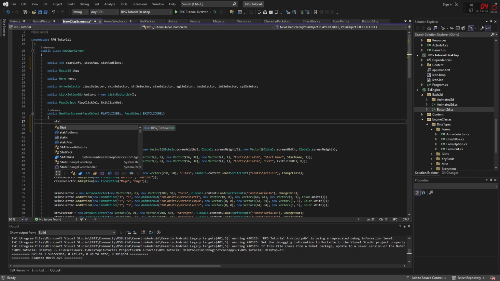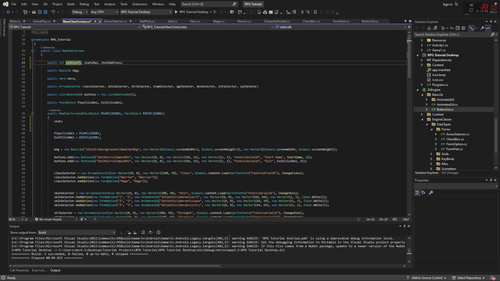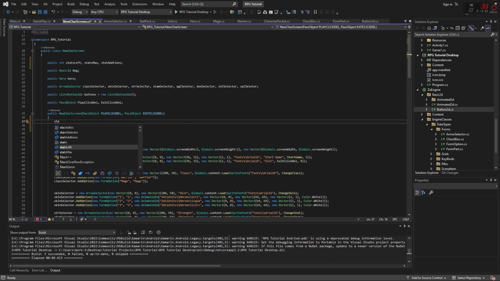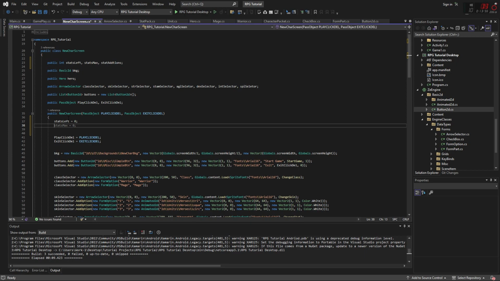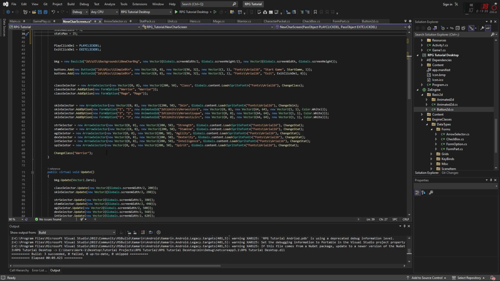So stats left, stats. That was a mistake. Stats. I like to see them show up because it shows me that I didn't screw up. So stats left, we're going to start with 0 for right now. That's a fill-in for a minute. Stat additions equals 5. And then we're going to say stat max equals 25. Okay. When we come to, we also have to apply all the different